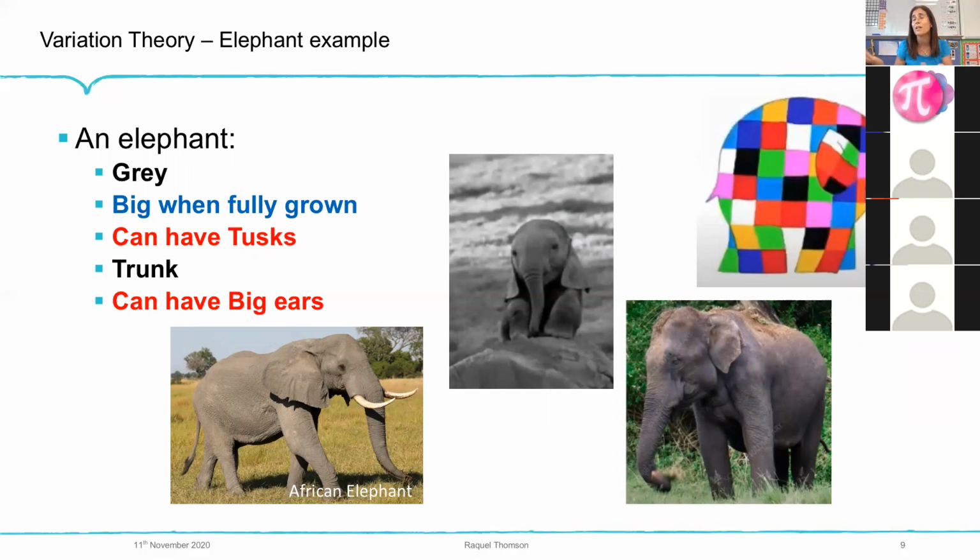And this is obviously a pictorial representation or a drawing of an elephant. And it is still an elephant because it has the key features of it, trunk being one of them, being large and so on. So hopefully this non-mathematical example has given you